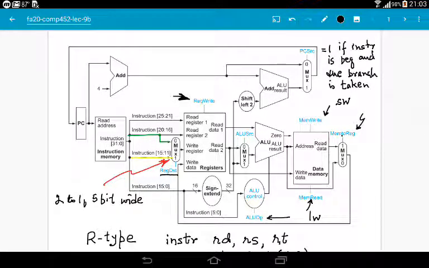Now we have completed our discussion of all control signals. Well, obviously we talked about ALU op in the previous part of this lecture, so we already know that these 2 bits are controlled by the main controller, and if these 2 bits are 0 0, then we program the main ALU to do addition operation. If it's 1 0, then subtraction, and if it's